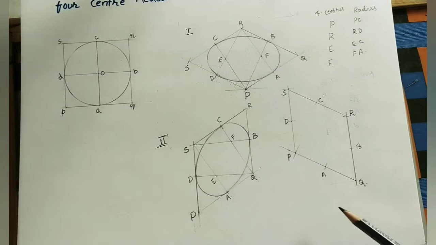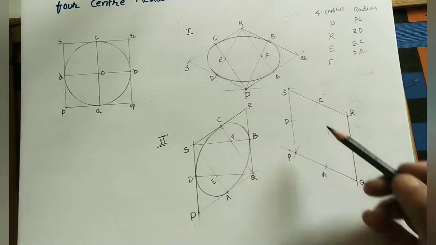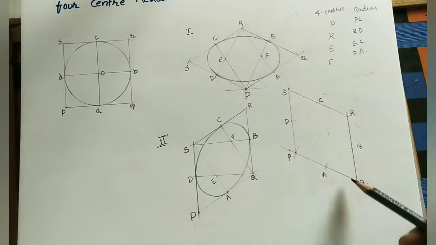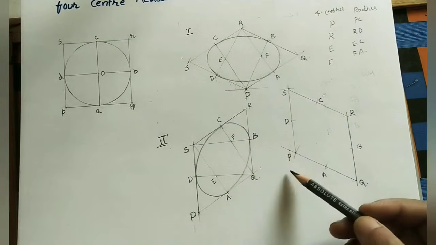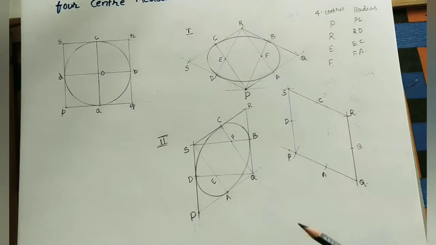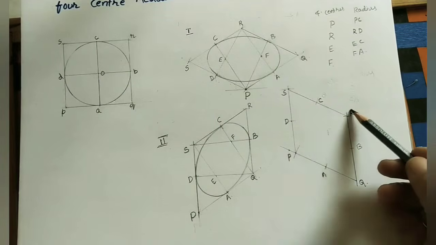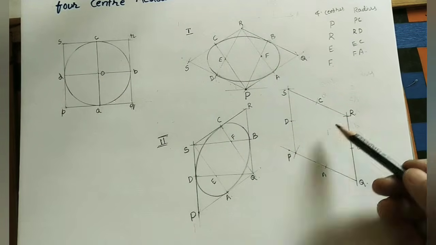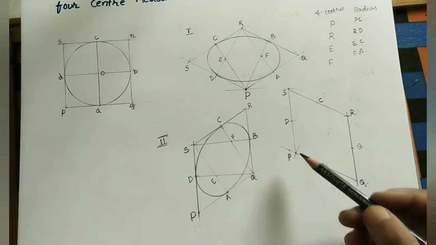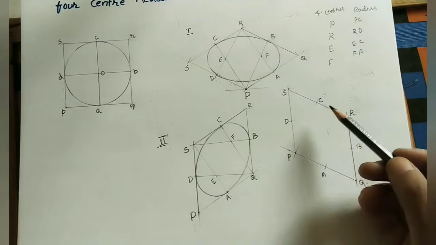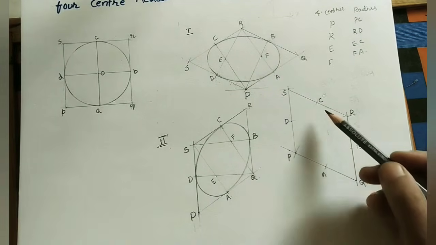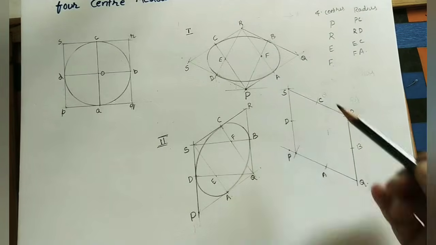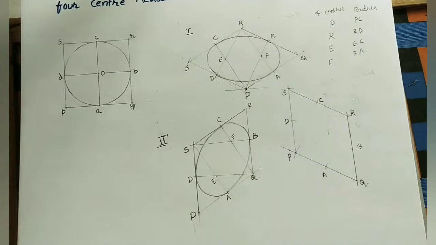So in this rhombus, which is the shorter diagonal? By seeing this we can tell QS is the longer diagonal and PR is the shorter diagonal. Now take the shorter diagonal endpoints as the centers. Take initially the P point, join this P point to the opposite middle points. What are the opposite middle points to P? B and C. Join PC and PB.